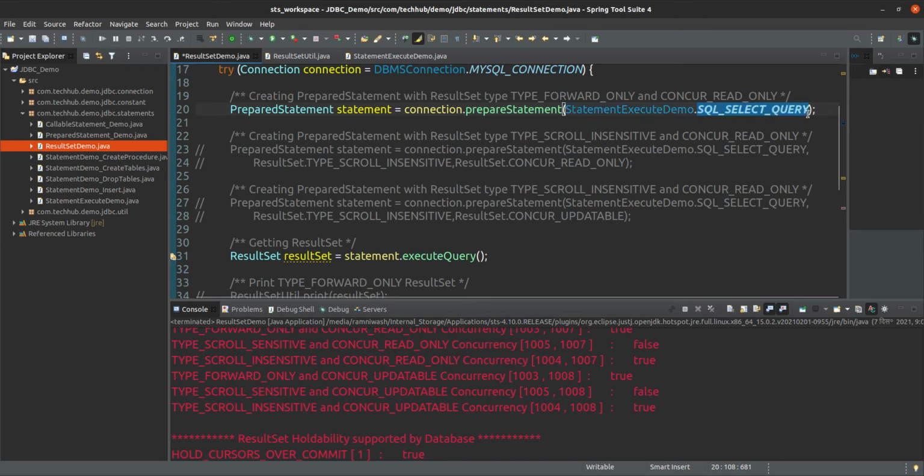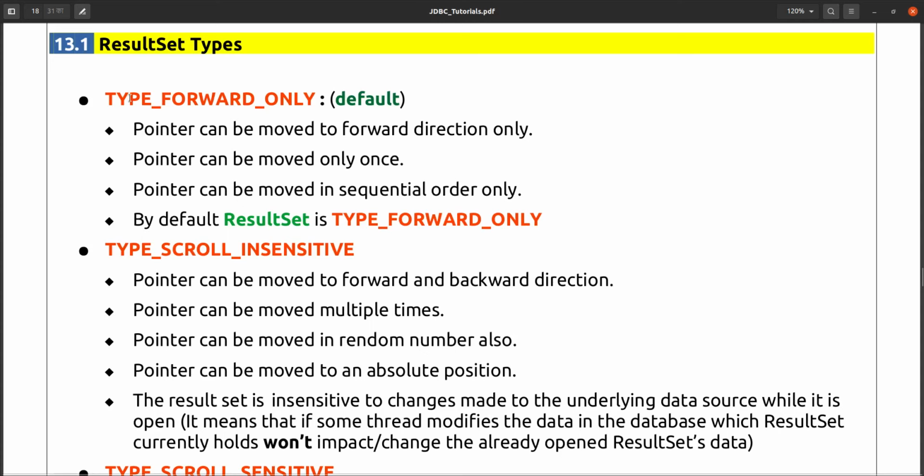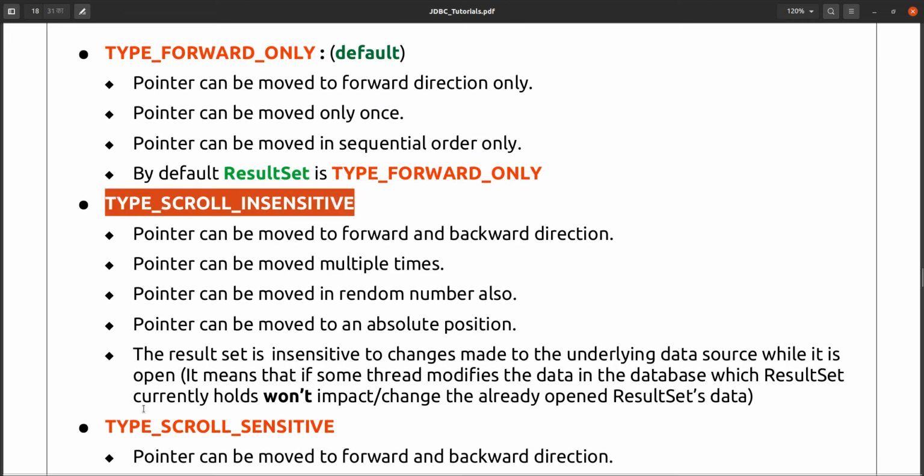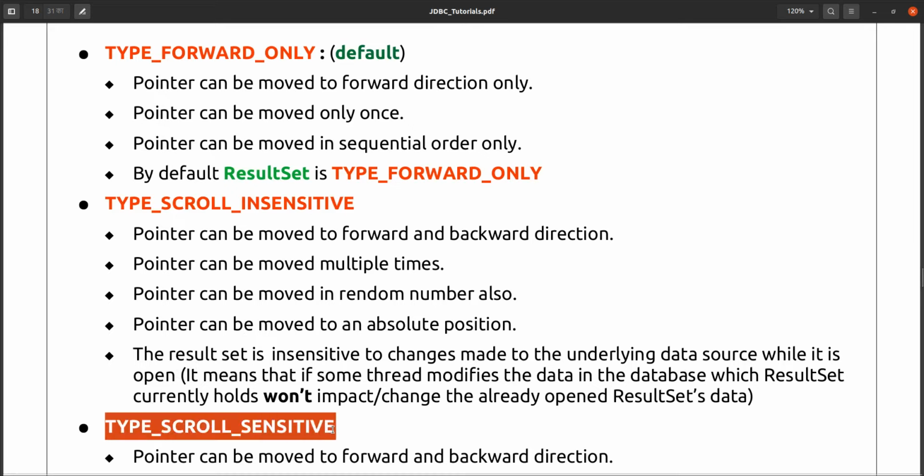After this one, we have to give the numbers as integers, like this. You can say 5 and 6. It is fine, but 5 and 6 are not the actual numbers. If we see the types, how many types are there? 3 types are there: type forward only, type scroll insensitive, and type scroll sensitive.